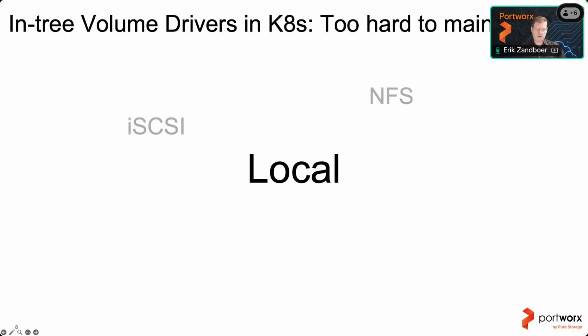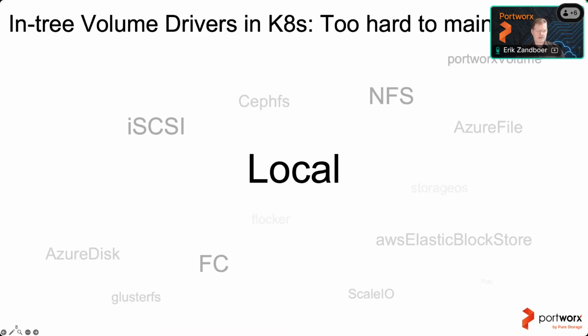So pretty soon followed iSCSI, NFS, Fiber Channel, all generic drivers, where you would manually feed Kubernetes with a Fiber Channel connected something, and then pass that through into the container. But that is all static, it's clumsy. So at that point, all of the storage vendors and everyone who was doing a little bit of something inside Kubernetes dove onto it and said, we want our own in-tree volume driver, up to a point that it was unsustainable. And for the record, even Portworx was in there at that time, right?